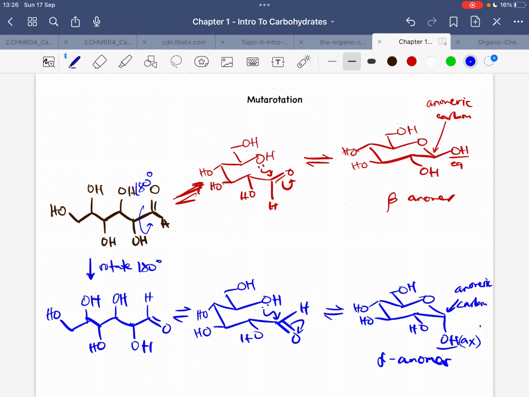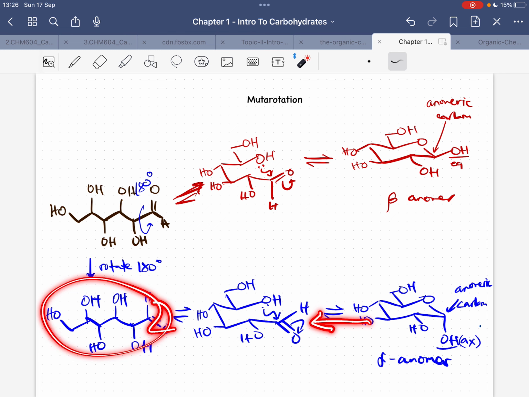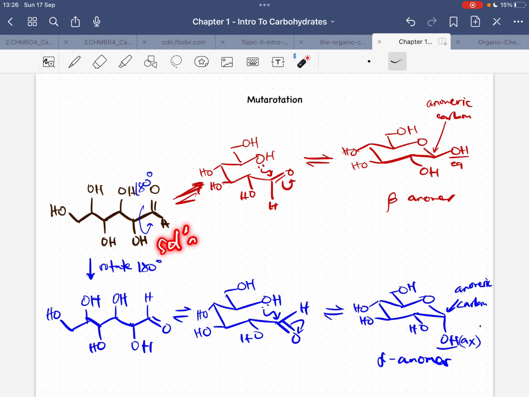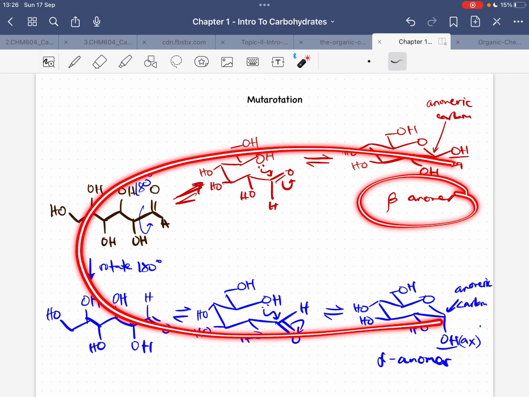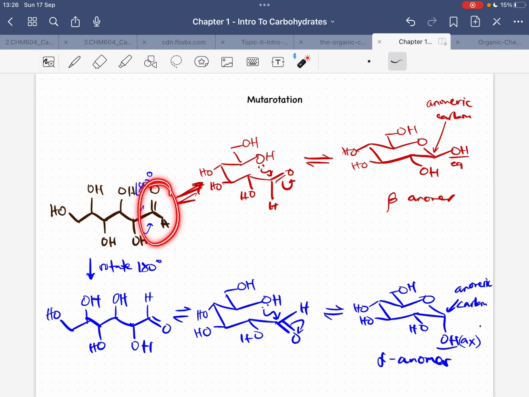So this is the mutarotation. If you have a pure alpha anomer, it will open into an open chain form like this, go to this, and cyclize and rotate. It rotates because it's in solution now, so the bond rotates. Through this, it cyclizes again, and it now becomes a beta anomer. And likewise, from the beta anomer, it goes through this mechanism. There will be free rotation of the bonds when you have an aqueous solution of the sugar molecule. Okay, so this is the mechanism that describes mutarotation. And their specific rotations also differ.